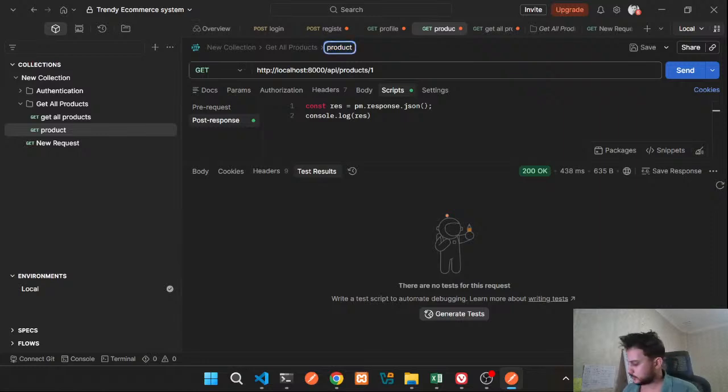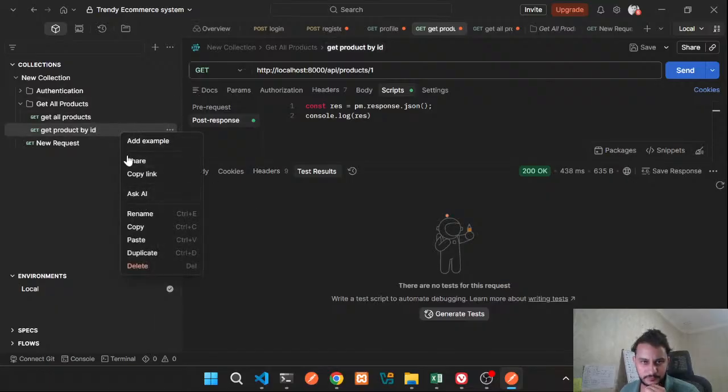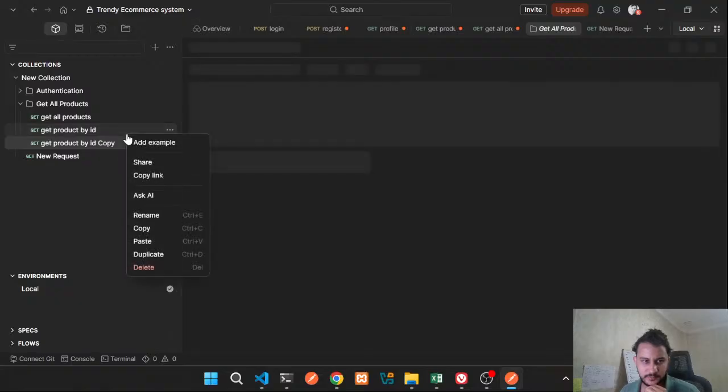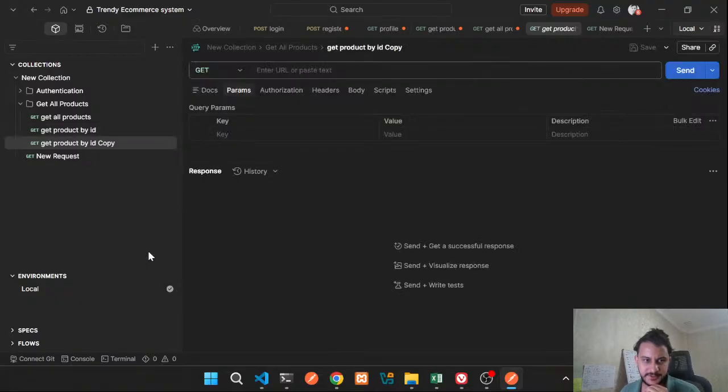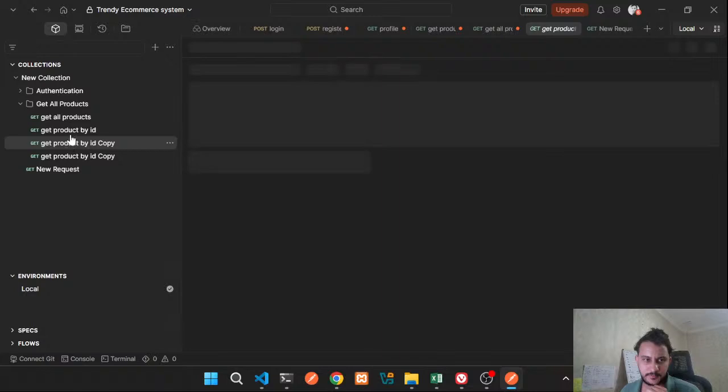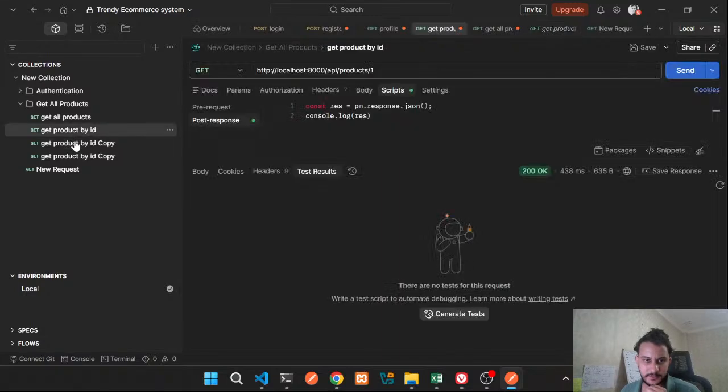Okay, so here we want to get the product by ID, and also we want to define the endpoint of the, so we can duplicate this, also this, but so here